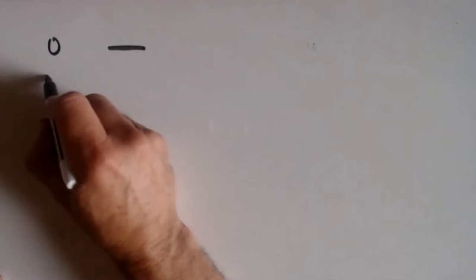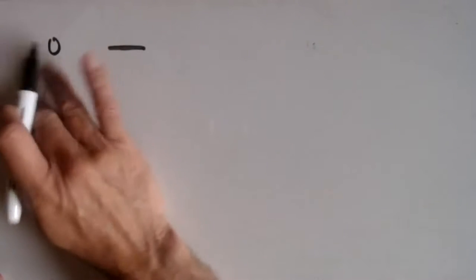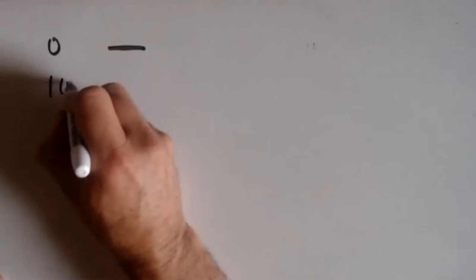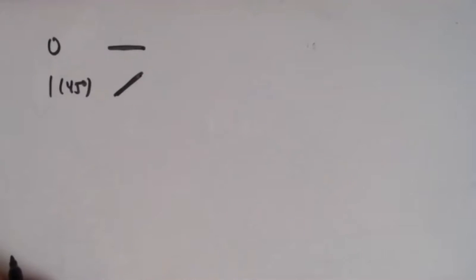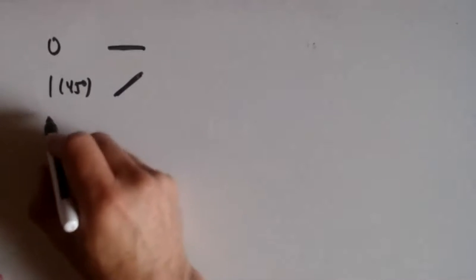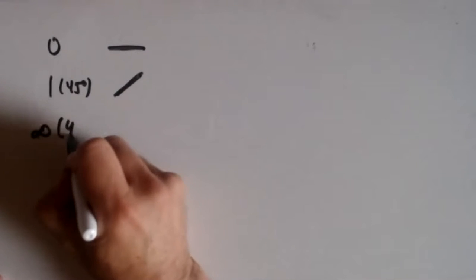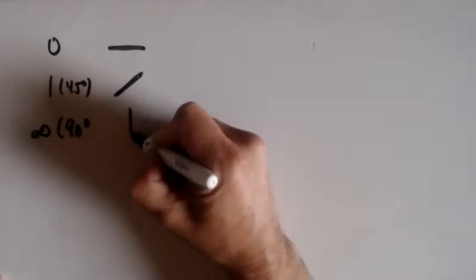If you have a slope of 1 or 45 degrees, you know that pretty much the slope is like this one. Then if you have a slope of 90 degrees, undefined, you know that that's the vertical,